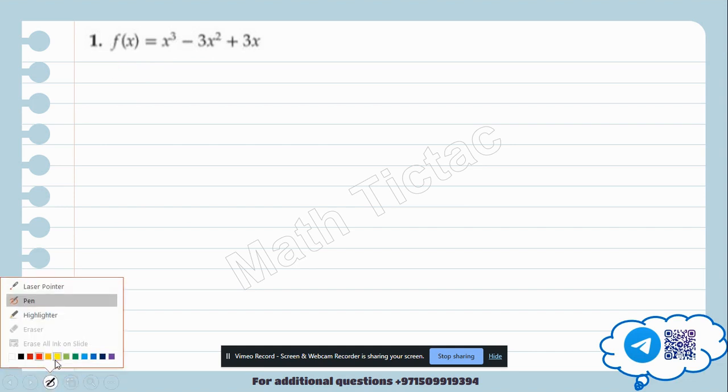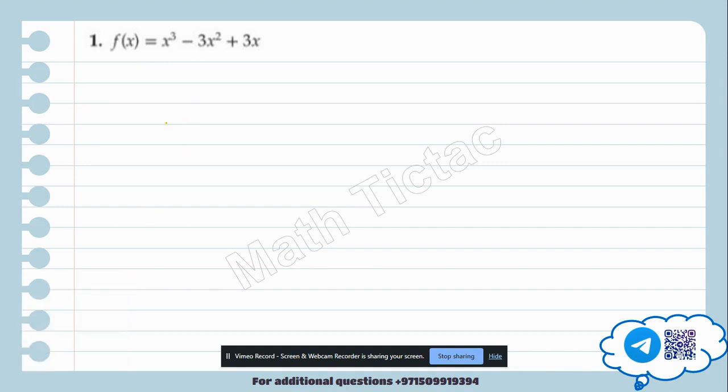Over here, in this question, I want to find every little thing. So I'll start as usual by finding the domain. Since it's a polynomial function, the domain is R. It's very important to find the domain all the time. Now, find the derivative, f prime, which is equal to